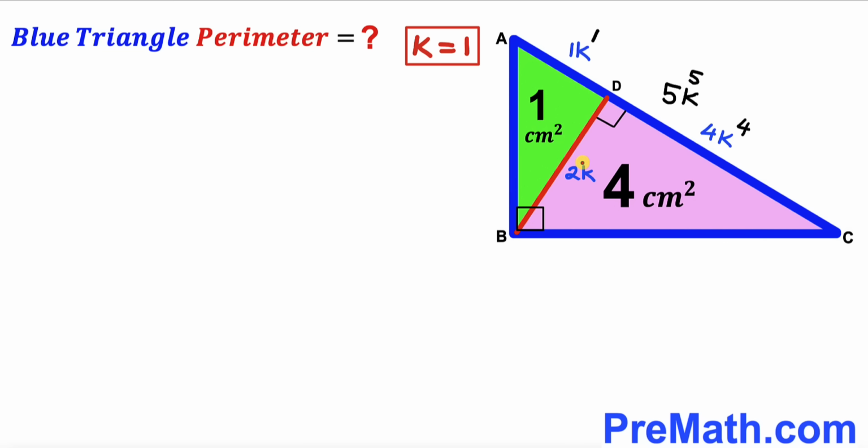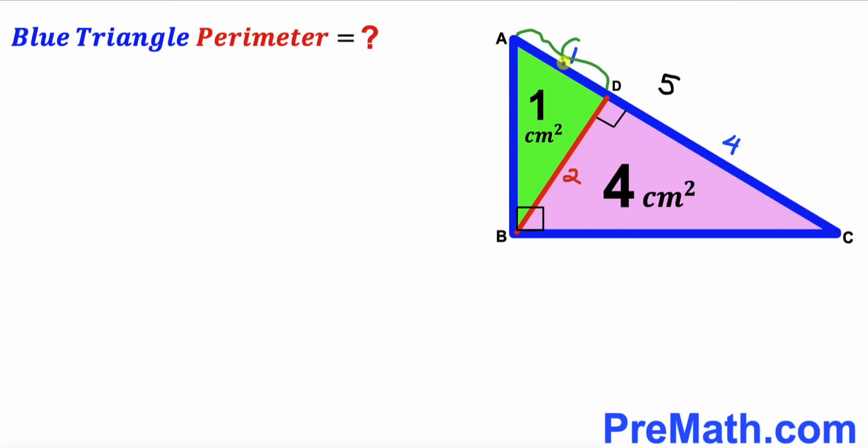And likewise this perpendicular 2 times k becomes 2 times 1, which is equal to 2. So thus this segment AD length is 1, the segment CD length is 4, and this whole segment